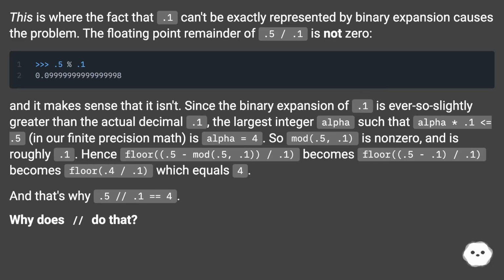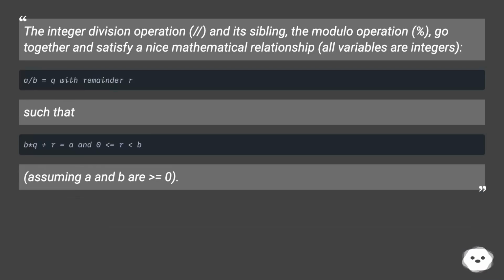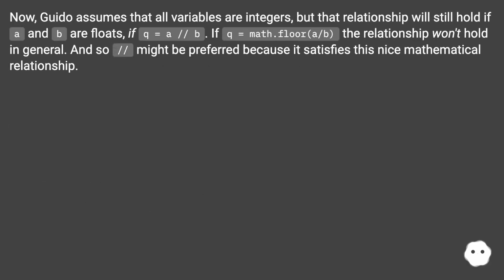Why does // do that? The behavior of A//B may seem strange, but there's a reason for its divergence from math.floor(A/B). In his blog on the history of Python, Guido writes, the integer division operation // and its sibling, the modulo operation %, go together and satisfy a nice mathematical relationship, all variables are integers: a/b = q with remainder r, such that b*q + r = a, assuming a and b are non-zero. Now, Guido assumes that all variables are integers, but that relationship will still hold if A and B are floats,